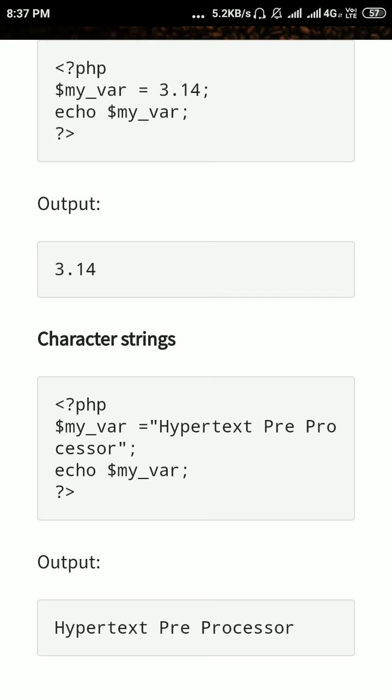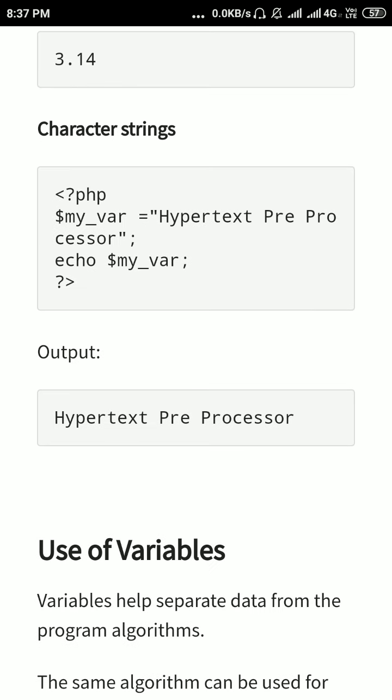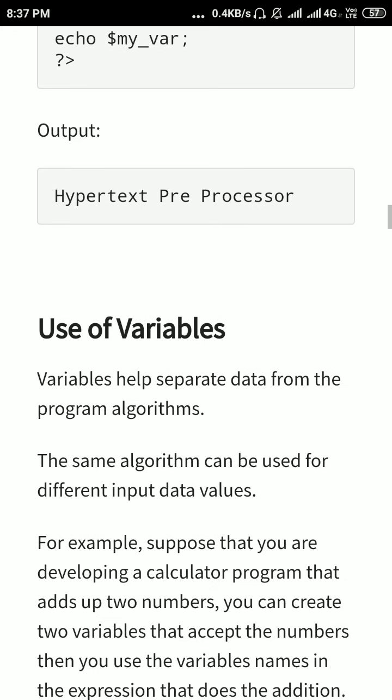But I don't need to write whether it's a float value or integer value, right? The character string can also be written like this, and it gives the output as what we have written in our code.